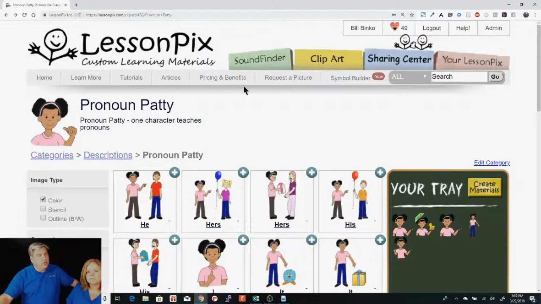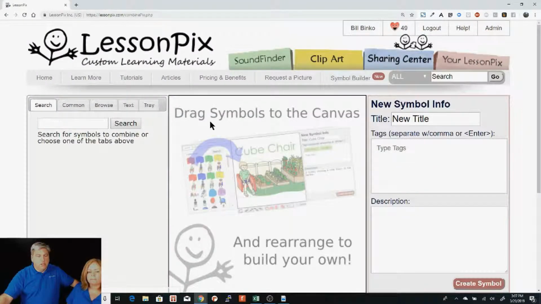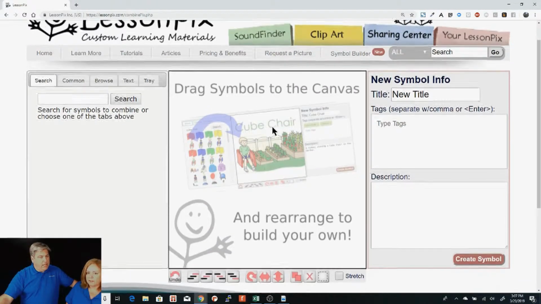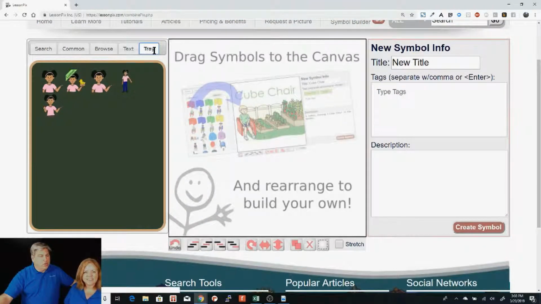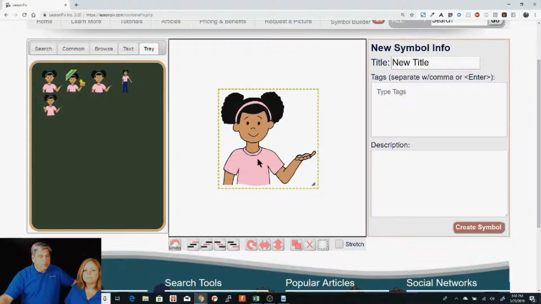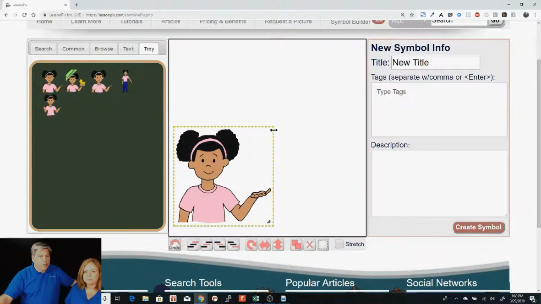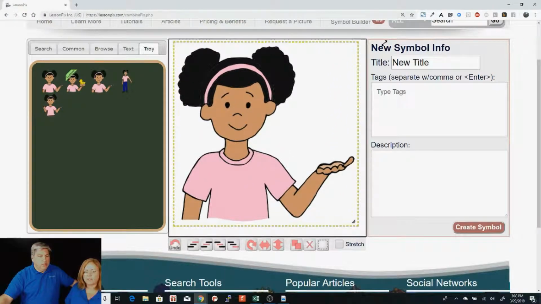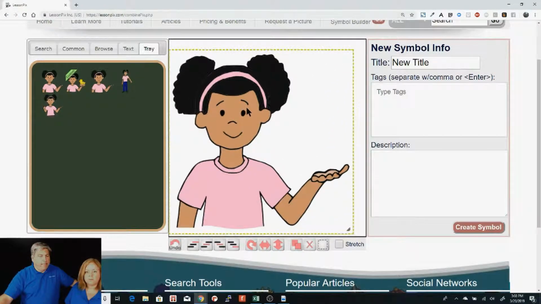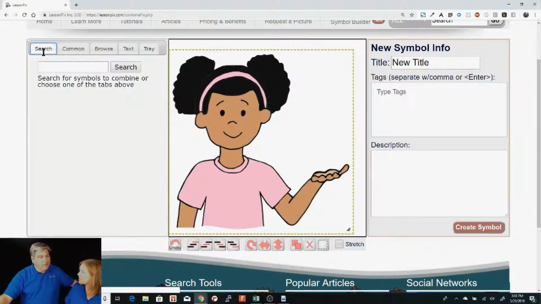We'll go up to the symbol builder, and so here we're going to drag some symbols to the canvas. So we'll go into our tray. We'll grab, let's go ahead and do her holding something. And what do you want to have her hold? Let's make her nice and big. Yep. Do you want her holding the duck? No, you mentioned let's do something else. Let's have her hold,